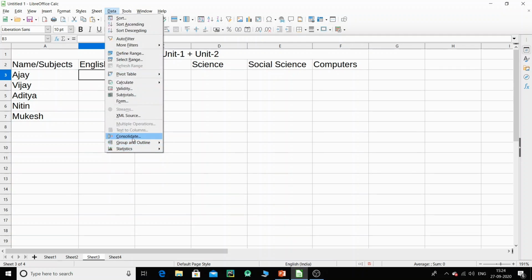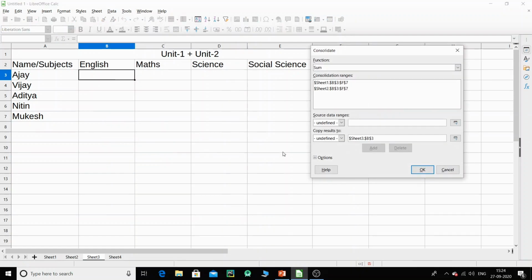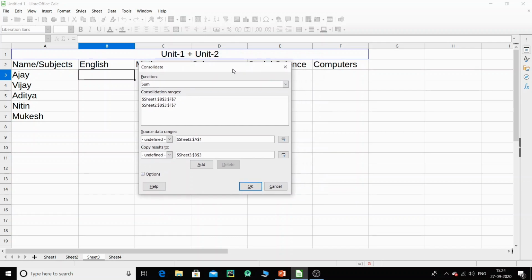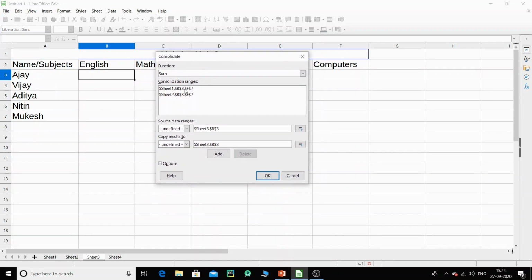Once you click on this, a window will appear like so. This is the window in front of you and there are already some ranges, so I'm going to delete those, and delete this as well. So this is now empty, and now we are going to understand this particular window, the Consolidate window.